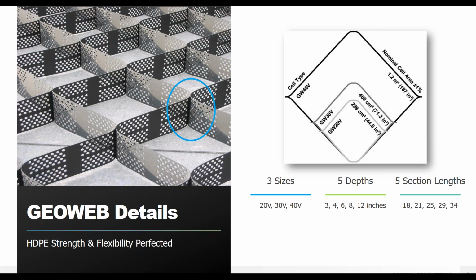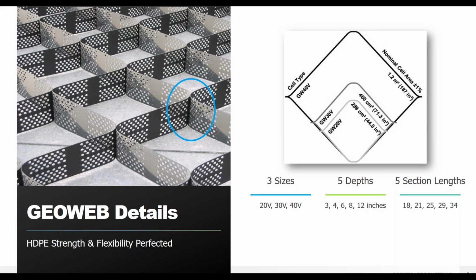The GeoWeb system is produced using high-quality virgin high-density polyethylene, HDPE. And so it produces consistently strong welds at all of the cell junctions, while also maintaining semi-rigid ductile properties within the cell walls and a high stress crack resistance, including an overall toughness and long-term durability in your environment. So our geocells are made with that HDPE, and they don't use any fillers or exotic polymer alloy blends, which can ultimately end up reducing that weld strength.